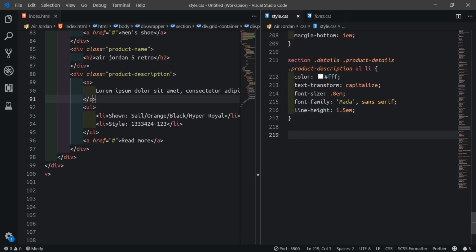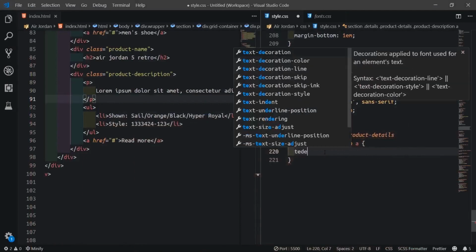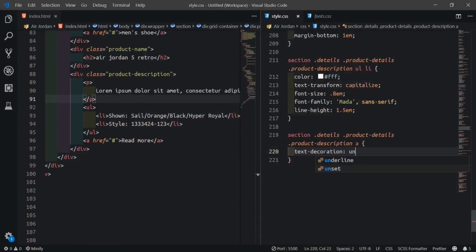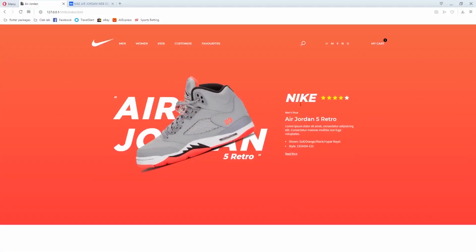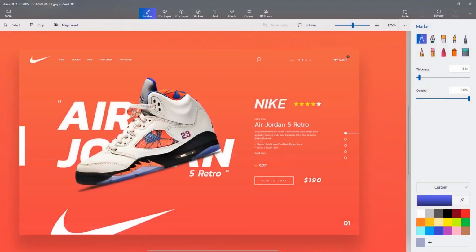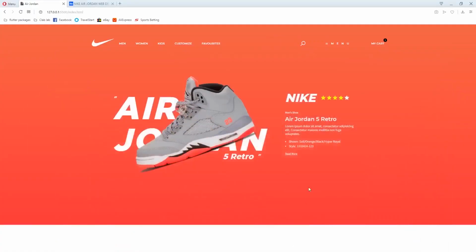So the next thing we could do here now, inside the same product description, we target the anchor tag of the product description. Then we'll underline them because it gets underlined here. You see them. So I'll come here now, just say text decoration underline. Alright. So now I think we'll achieve what we want for here. So if we compare to it, we see it almost resembles, or even resembles ours.